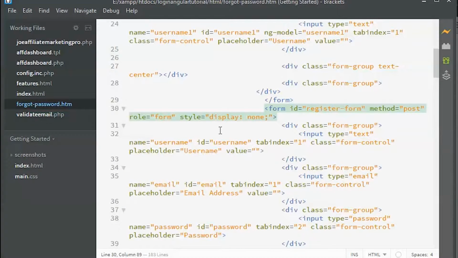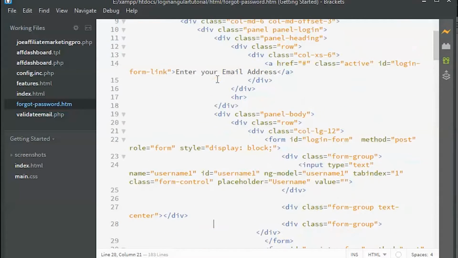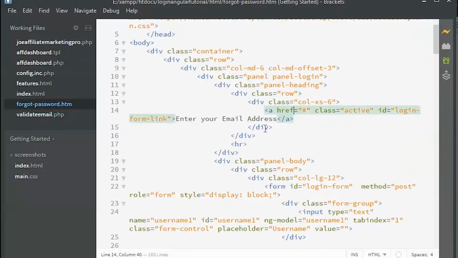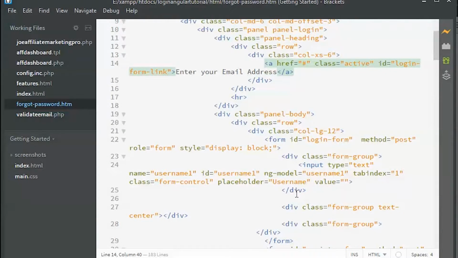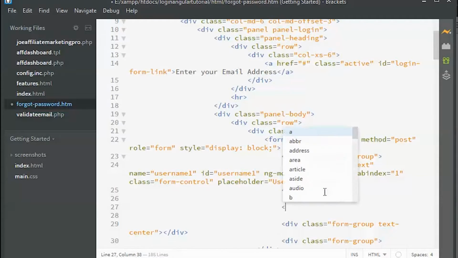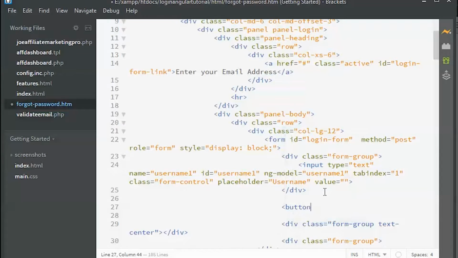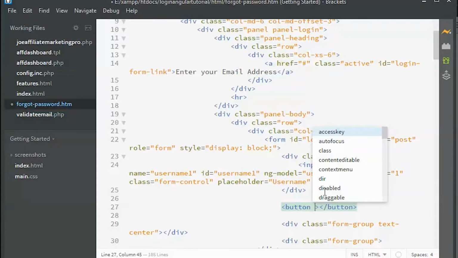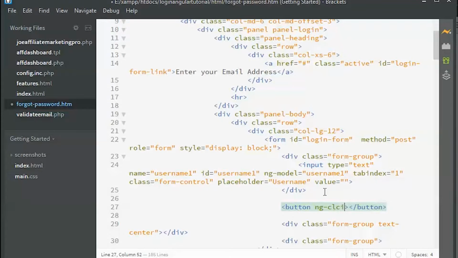Guys, so now you need to make sure whether the correct parameters are being passed. I'm using AngularJS. So here is the enter your email address message. I'm just trying to find a box that is saying username 1. So here we have the username 1. I'm just going to put a button over here. To put a new button, I'm just going to put the button code, button tag, by the way. So here we have created a new button, and on ng click we are going to call the function.